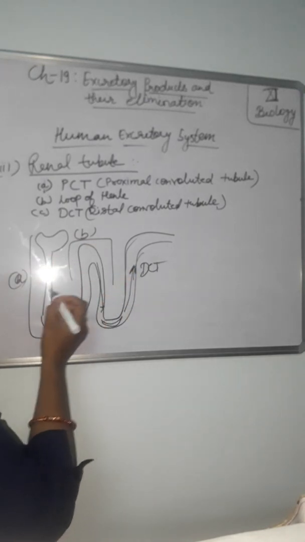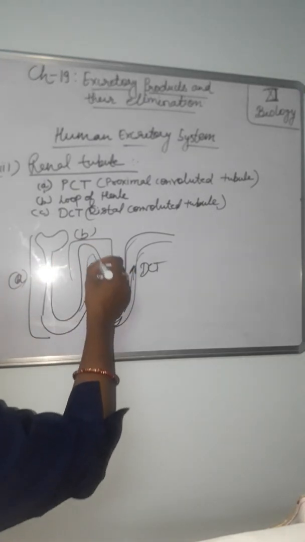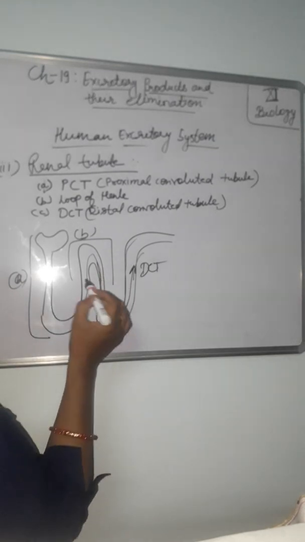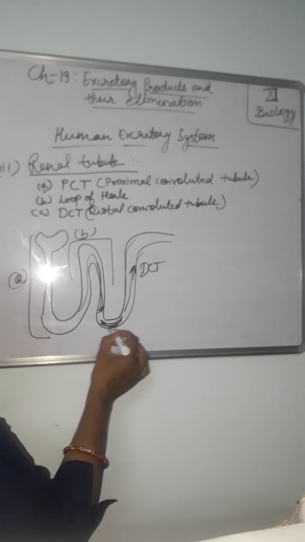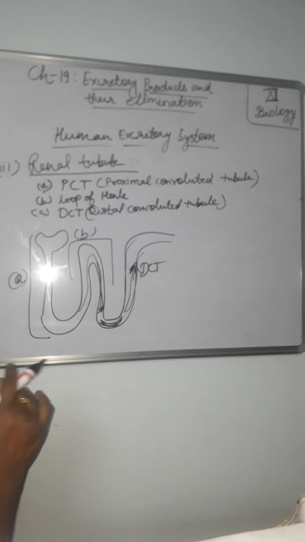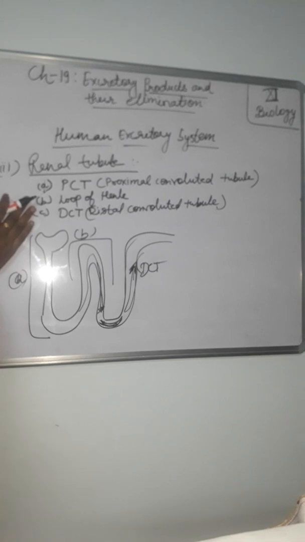Means urine, that is filtrate, comes from this side, from here to here. This is ascending, this is descending, and this is loop. This U-shaped structure here, that is loop, and this one is ascending limb. Okay. Now the thin descending limb starts near the junction of the cortex and medulla of the kidney. The epithelial cells of the descending limb are flat and squamous type, whereas the epithelium of the ascending limb has cuboidal cells.